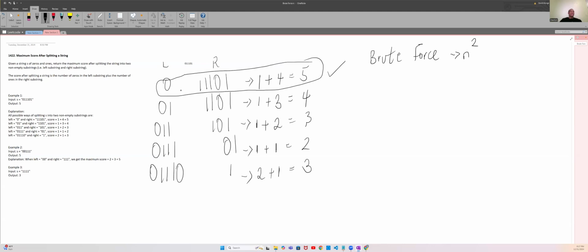So what we can do is keep, so we said we're going to have a variable called score. We can also keep a variable called zeros. And these zeros will be the number of zeros on the left substring. So at first, we can start with 0. And then when we do the first split, because remember,